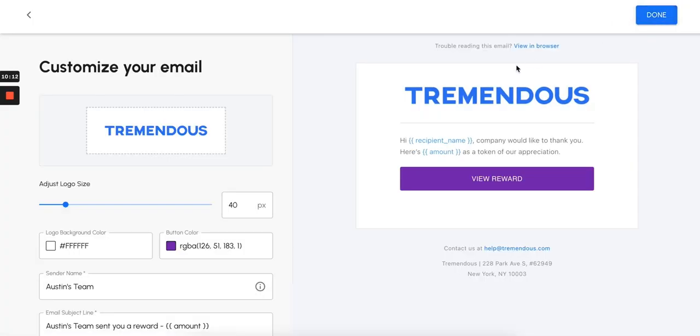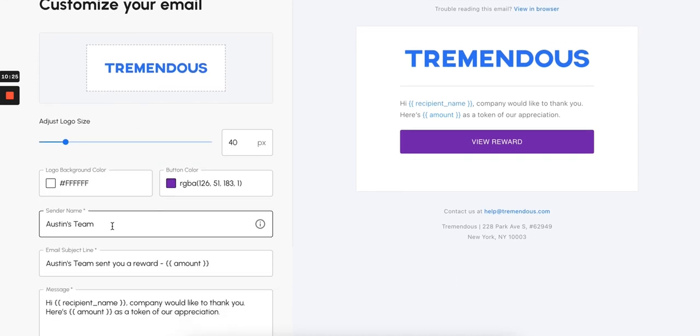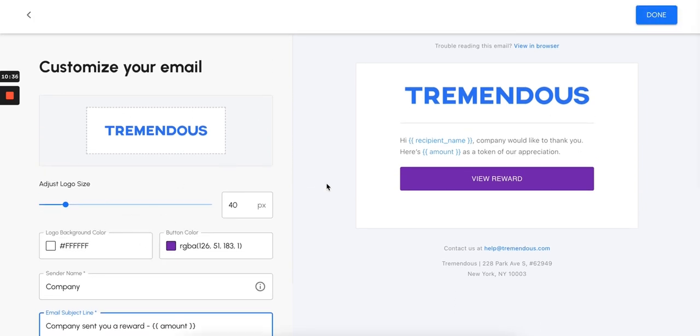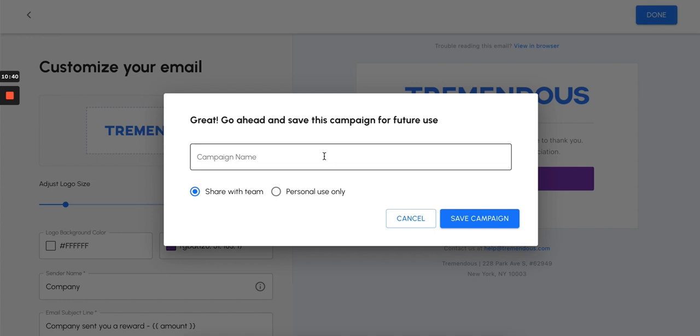And we're on to the email. So if you recall, we said we're going to deliver these rewards via email. This is what that email will look like in the recipient's inbox. Over on the left-hand side of the screen is how you customize the email. So who's the sender? What's the subject line of the message? And what's the body of the message? And this is, again, what it will look like in their inbox. And we can go ahead and name it